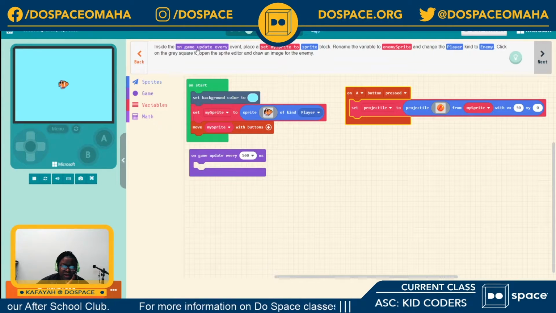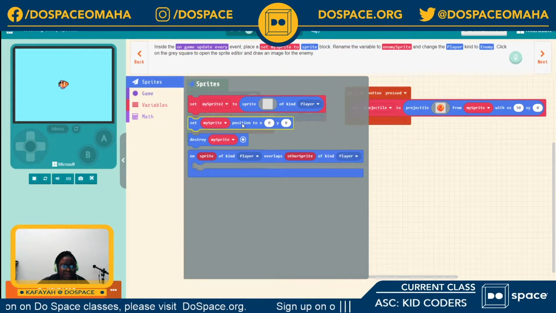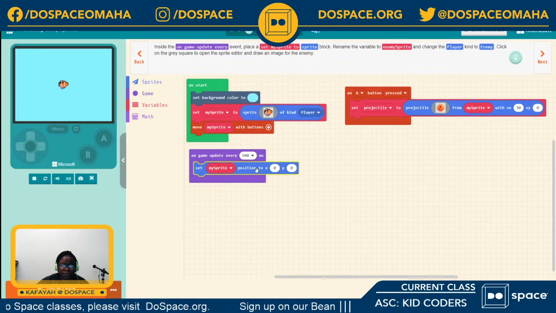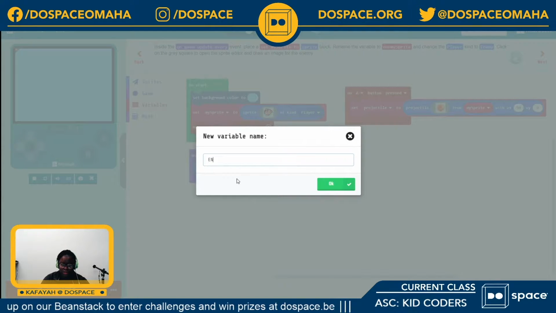So inside the on game update every block or event, place set my sprite to. Let's go find the block that sets our sprite. Okay, rename the variable to enemy sprite. So I'm going to go ahead and make a new variable and call it enemy.